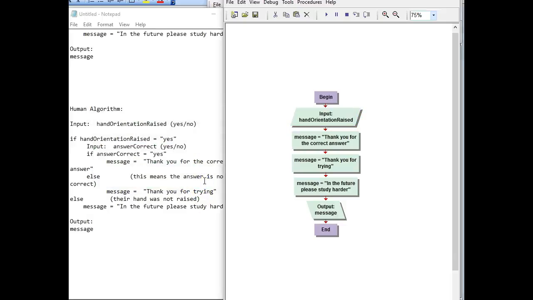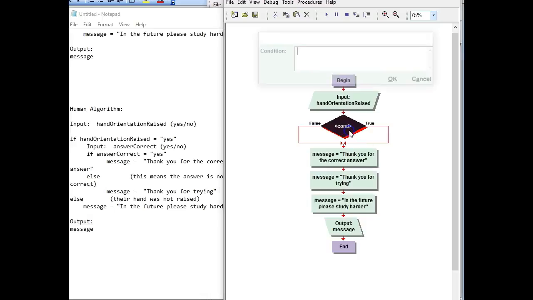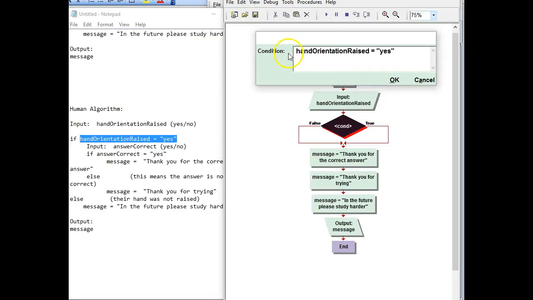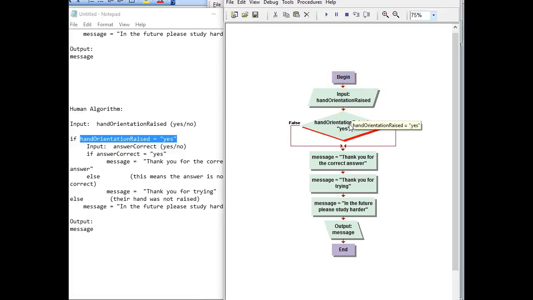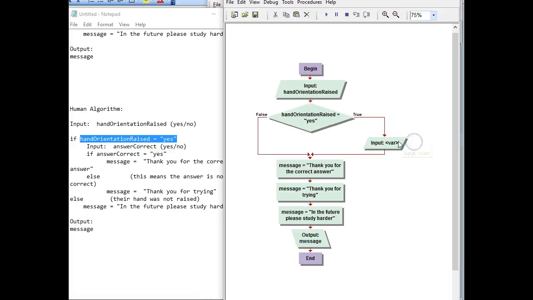Alright. So we have our input, and then we have our decision. So I have to add a decision here. Okay, and this decision is based upon whether their hand is raised or not. So copy and paste. Okay, remember we don't put the if in there because the diamond is if. Okay, if it's true, then I'm going to ask this question. So, oh, okay, so I'm missing that input. All right, so I'll add another input,